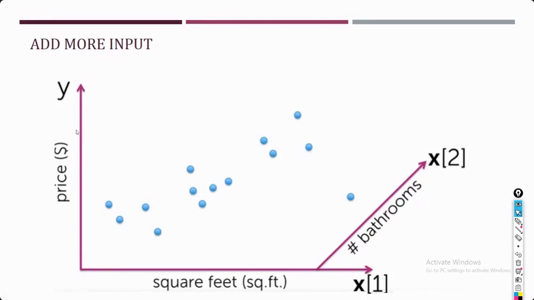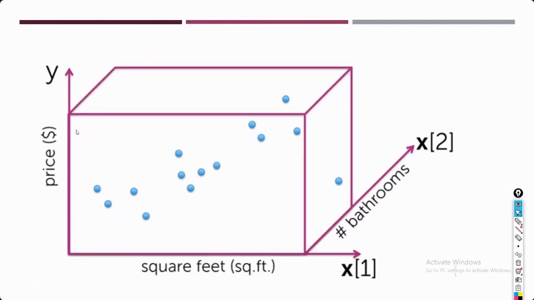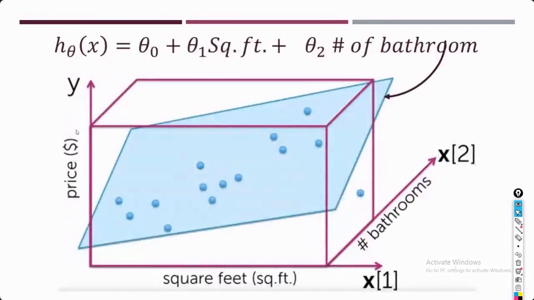Earlier we were having a two dimensional display, so we were having just a straight line for the representation. But in this case it's three dimensional, so we are going to use a plane for that representation. That means the equation which we are going to draw is going to represent the position of your plane. And if it is more than three dimensions, it's going to be a hyperplane.